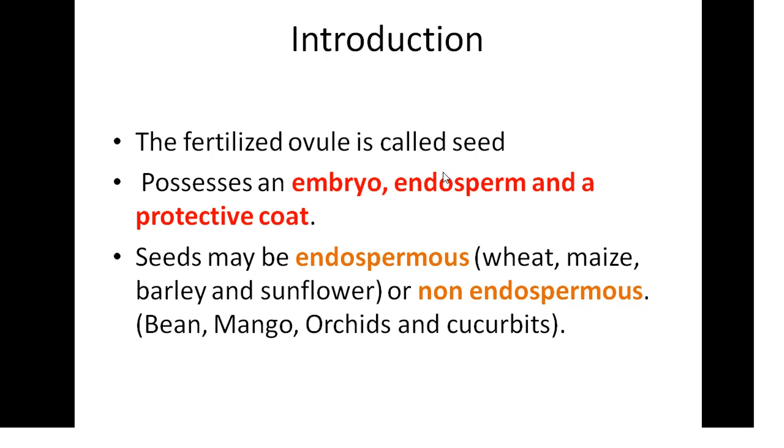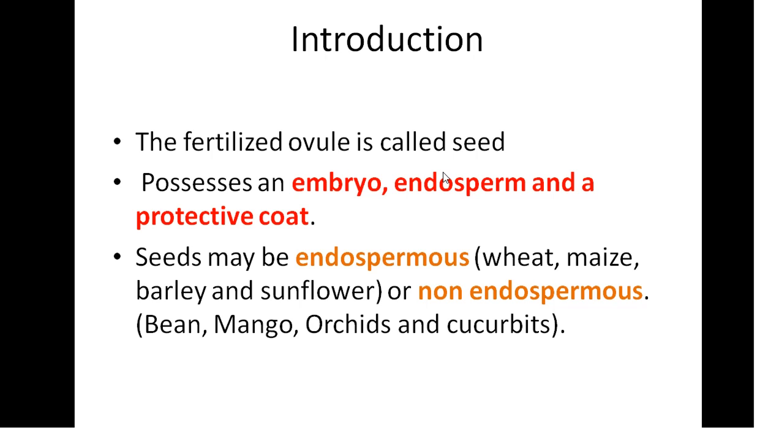What is that? 3N means it consists of three sets of chromosomes. So you should not say haploid or diploid here; you should say it is triploid. The endosperm of angiosperms will have triploid chromosomes. They may ask questions in NEET and all competitive exams, like what is the chromosomal count of the endosperm of angiosperms. Definitely they will ask, and it is a ploidy number. The ploidy number of the endosperm of angiosperms is 3N.